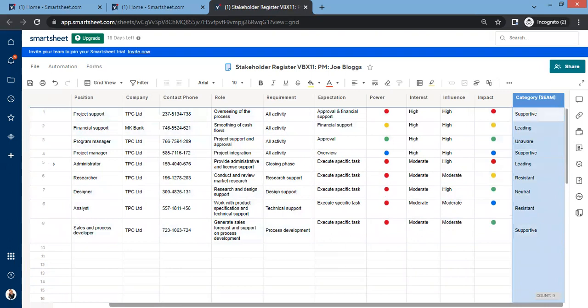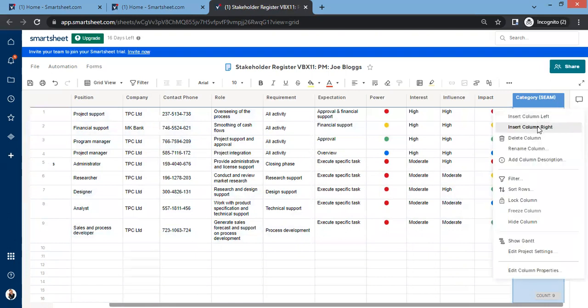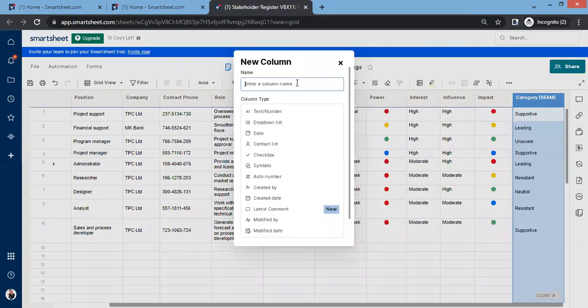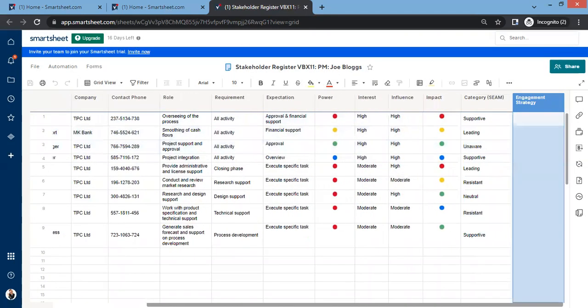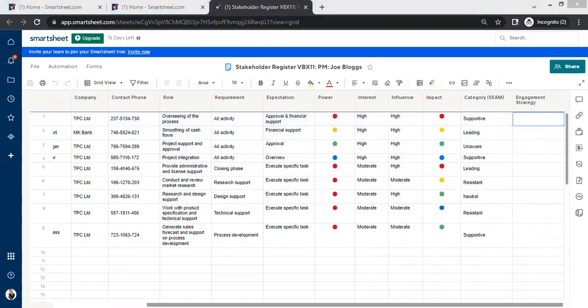This SEAM category is really more of a planning effort, right? So when you understand where a stakeholder currently is, you can insert another column and you can have this as being your engagement strategy. So you buy one and get one free, right? So engagement strategy, just like that. And your engagement strategy is going to be how to engage these stakeholders. How are you going to get them further committed if you want? So for these different stakeholders, the engagement strategy, it could be a regular touch point,